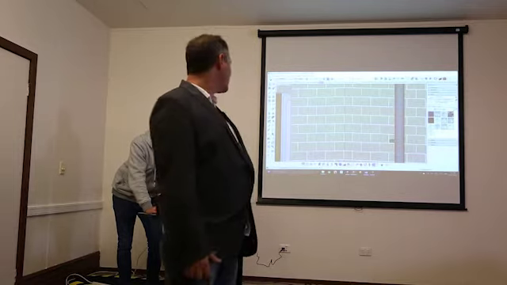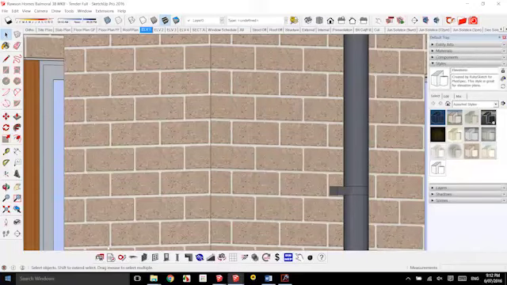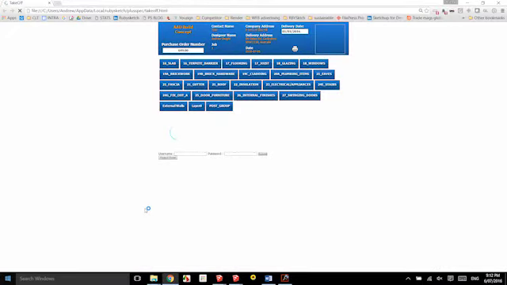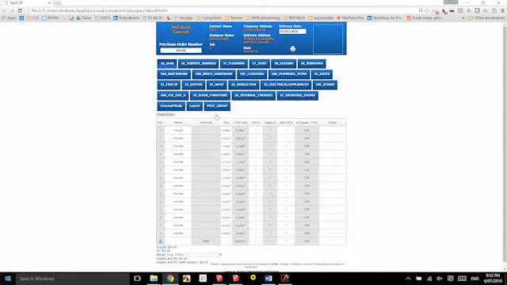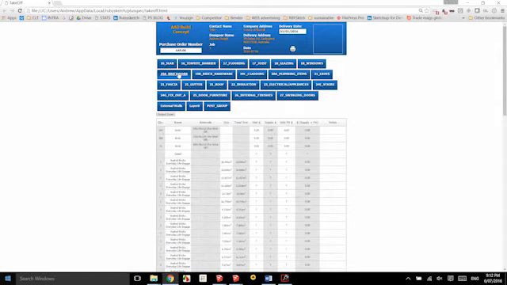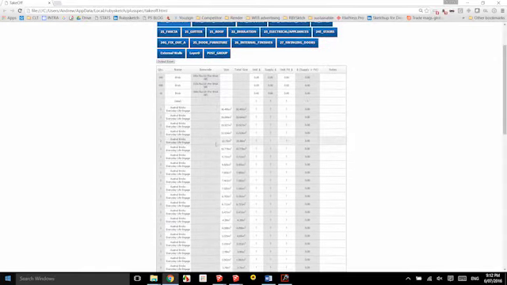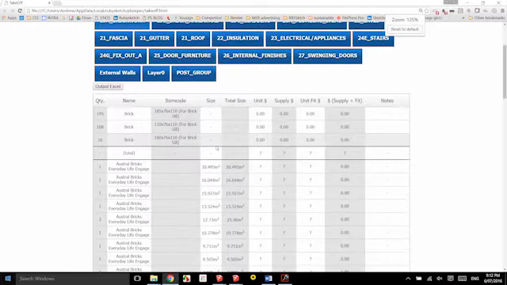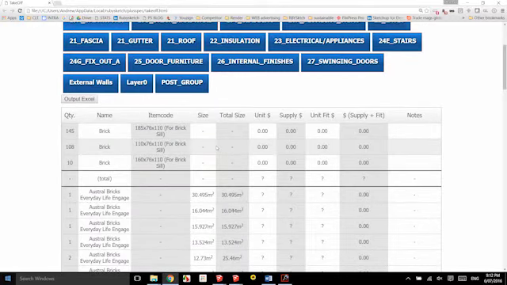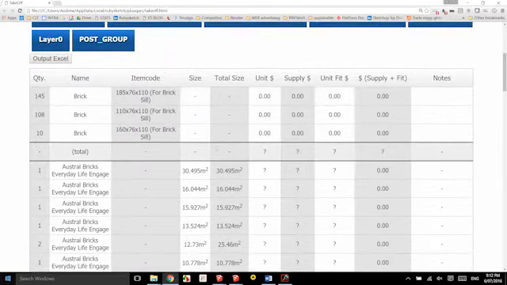Grant, if you click takeoff there, this is the full takeoff of this full house. Zoom out while you do that, mate. Okay, it took around about 7 seconds. And what it did, and it's a shame that maybe you could control and zoom in there a little bit, it gave us every single length of every single piece of timber, the amount of bricks required, and right up to it estimated up